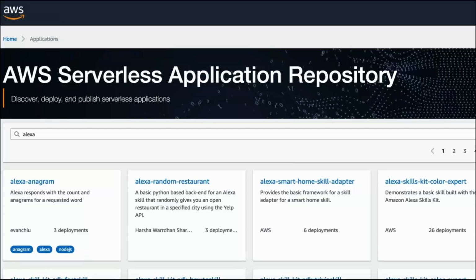And if you want to go and learn and understand more about building serverless, the application repository is also a great source for that, because we link back to the source repositories for all these applications. So you can see the templates, you can see their code. And again, it's a great place to share applications. I hope to see folks contributing more and more to this in the near future.